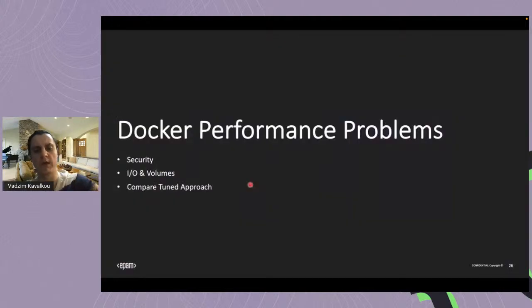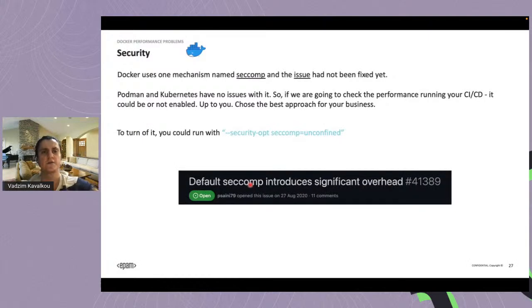Okay, Docker performance problem. And we'll take a look at the security, I/O environments in compared tuned approach. What about security? Docker uses one mechanism named seccomp, and the issue has not been fixed yet. And Podman and Kubernetes have no issue with it. So if we are going to check the performance running your CI/CD, you could enable it or not. Up to you. Choose the best approach for your business. And to turn it off, you could run with security opt, seccomp, unconfined, and you will have a